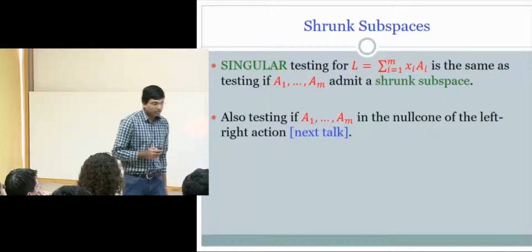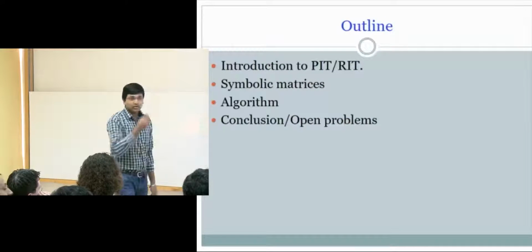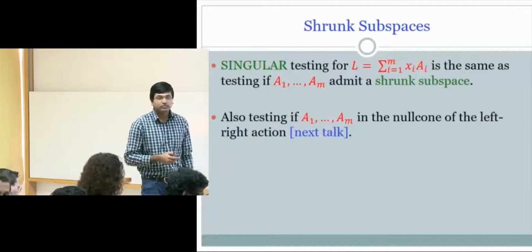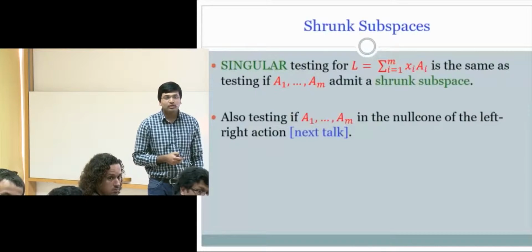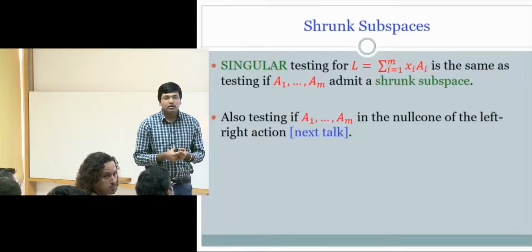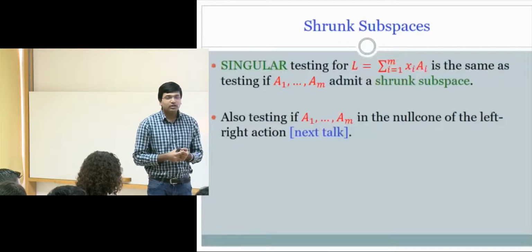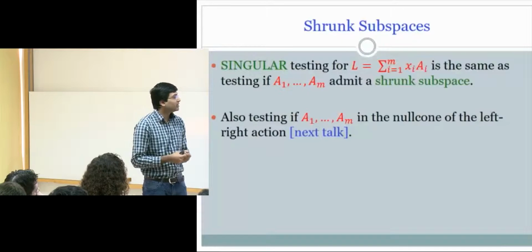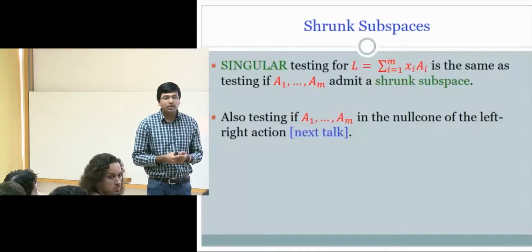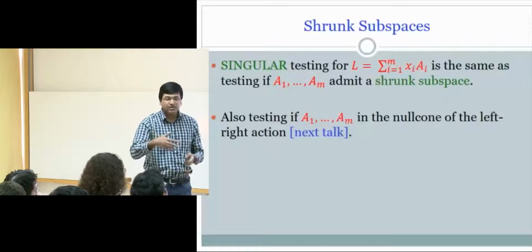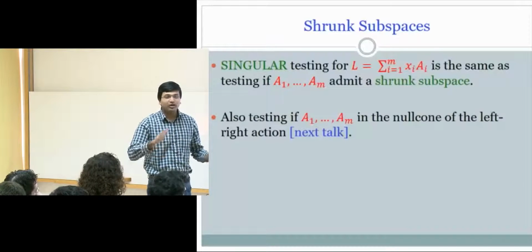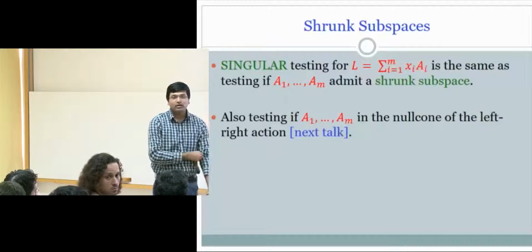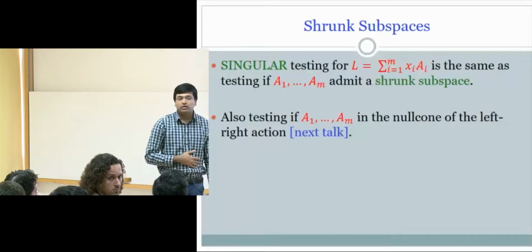Okay, so that was the problem. From that, if you are given the A_i's, do you get any bound on the bit length of the specification of the shrunk subspace right away? That's a good question. I don't see that it is in NP right away from Cohn's theorems. I don't see how you directly get a bound on the bit lengths of this shrunk subspace. Their algorithm does produce a shrunk subspace in polynomial time, so it has polynomial bit length, but I don't know how to prove it directly. If I talk in terms of the left-right action, then you will see.